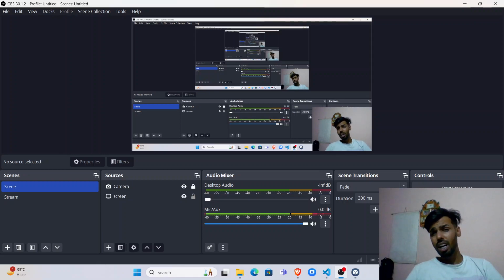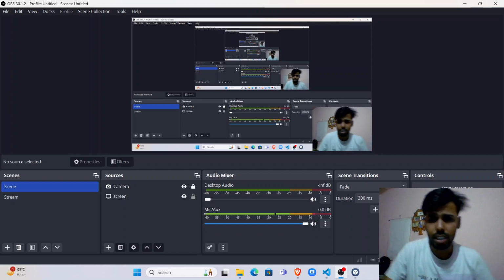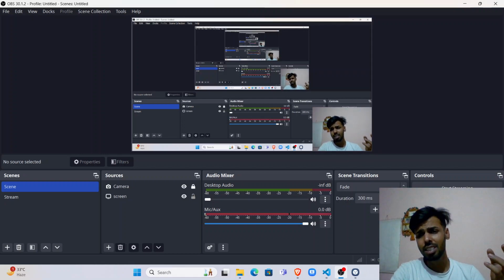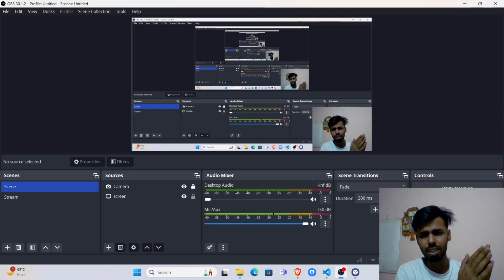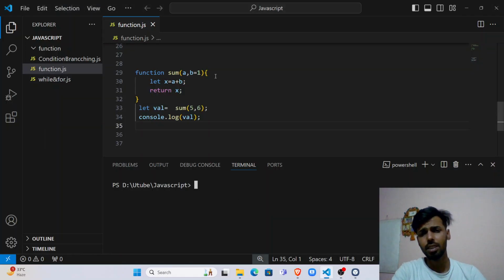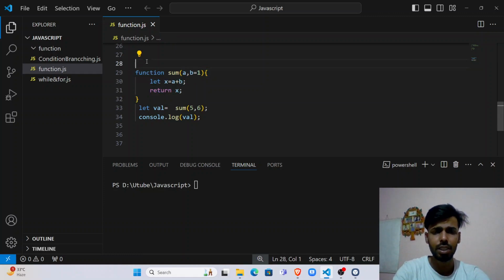Hello everyone. So in the last lecture we have already seen what a function is. And in JavaScript there are some cool things. We can have a function definition or a function expression. So there are two ways of declaring a function. We will see. Earlier we created the function sum in the last lecture and it was working fine. So if we define a function like this,